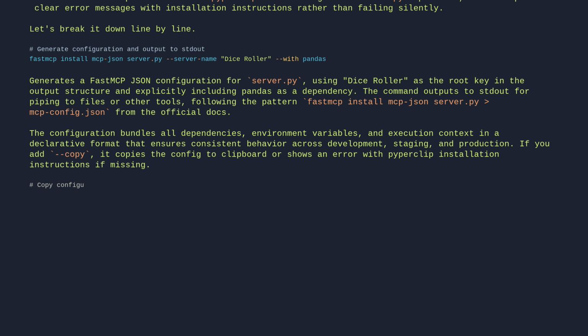# Copy configuration to clipboard for easy pasting. fastmcp install mcp-json server.py --server-name "Dice Roller" --copy